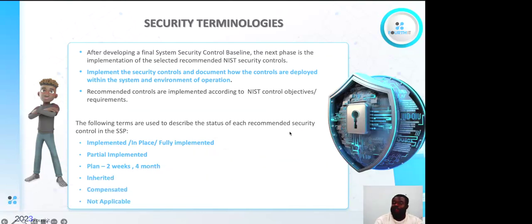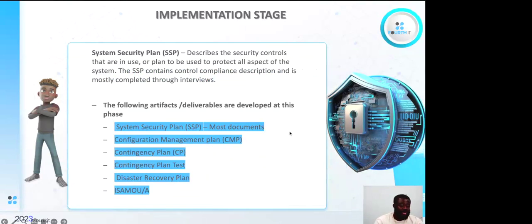Okay. Now, let's get into the SSP. Now, let me look for the SSP. I was looking at downloading it and I got distracted a little bit. But yeah,